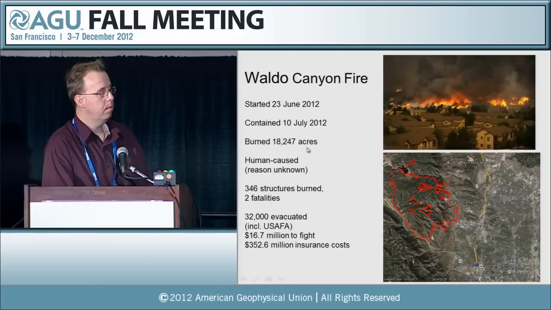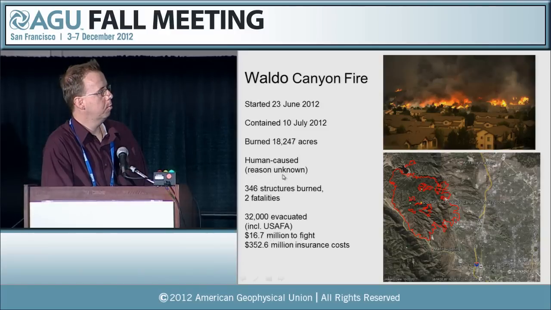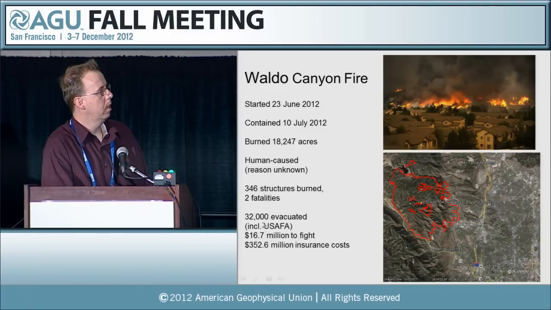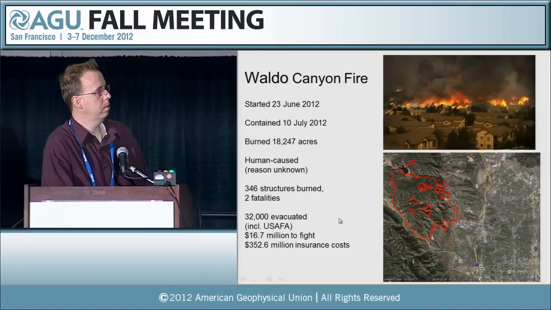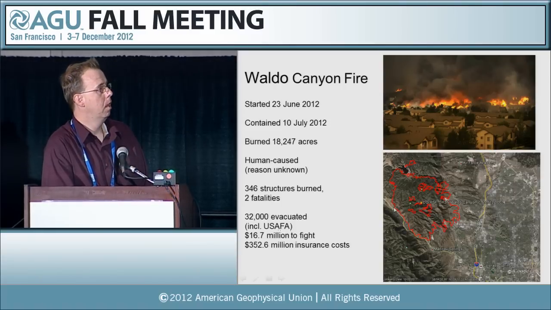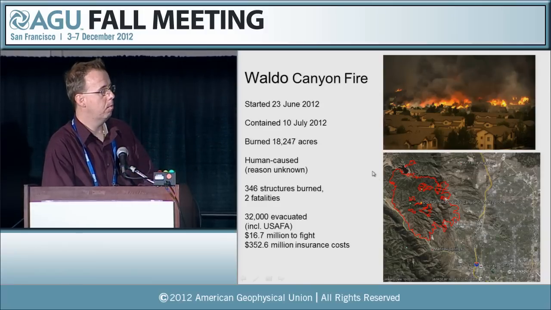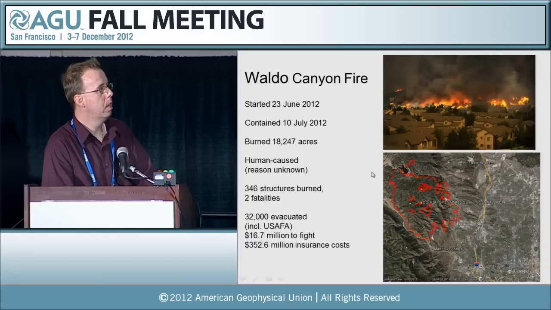Finally, the Waldo Canyon fire. This produced some really dramatic images and was very devastating to Colorado Springs. It burned an entire subdivision and caused a very large portion of the city to be evacuated, including the U.S. Air Force Academy. This all occurred during a day of rapid development, a few days after